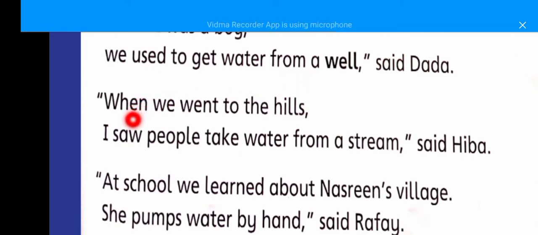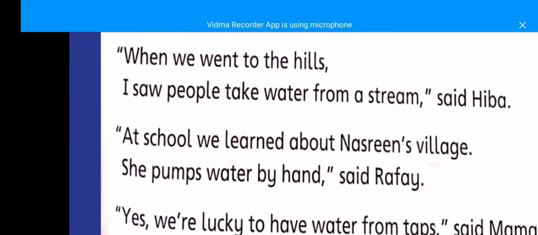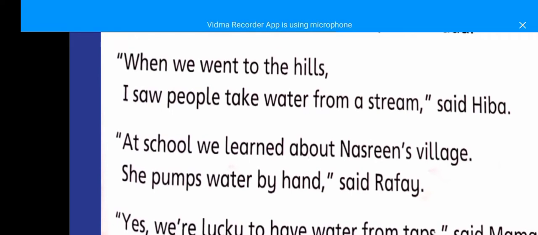The next line is, when we went to the hills, I saw people take water from a stream, said Heba. Now Heba, who is the cousin of Rafe, is also sharing her experience that when we went on a trip to the hills, I saw people getting water from the stream. It means that the people who live on the hills get water from the streams. And the next one